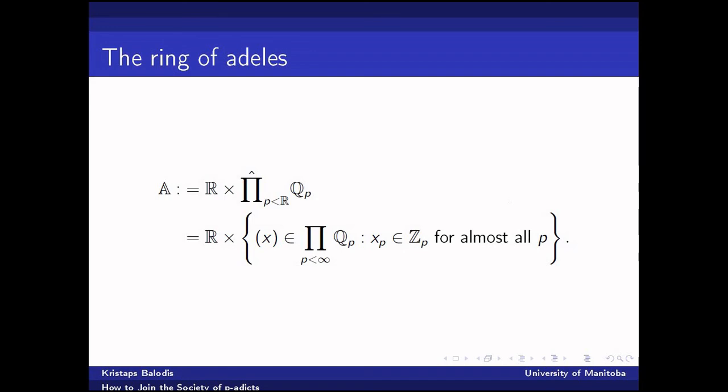And what we do here is we demand that for almost all p, meaning all but finitely many p, given some vector of this product of p-adics, the pth coordinate is going to lie in the ring of p-adic integers. And the reason for this is that the ring of p-adic integers, interestingly, is an example of a set which is both open and compact. So that doesn't really happen often outside of pathological situations, but here it's a feature of the theory, and by doing this, this will allow us to do some nice sort of measure theory integration type stuff.